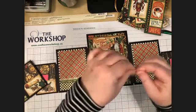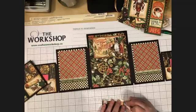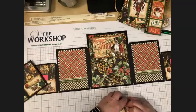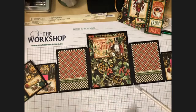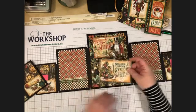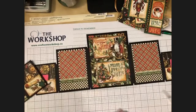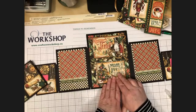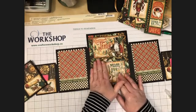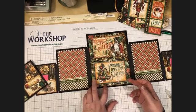And this is the trick. Because we've got tape side facing up, I'm going to go ahead and peel my backing. The sticky side is up. That way I can move this wherever I want without fear of it getting stuck. So I want it here so that it's nice and centered. When I've got it where I want, I'm just going to slide my hand over so that sticky bit now sticks down. So now your flap